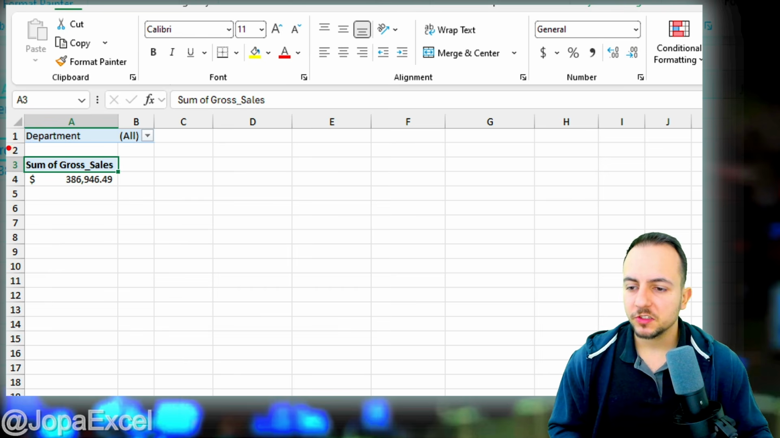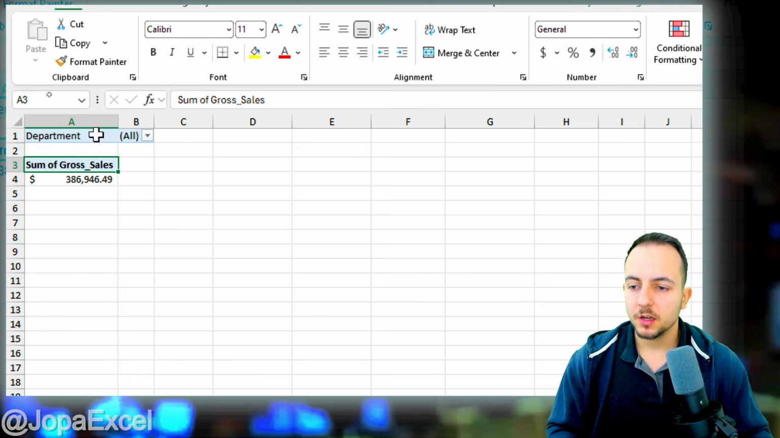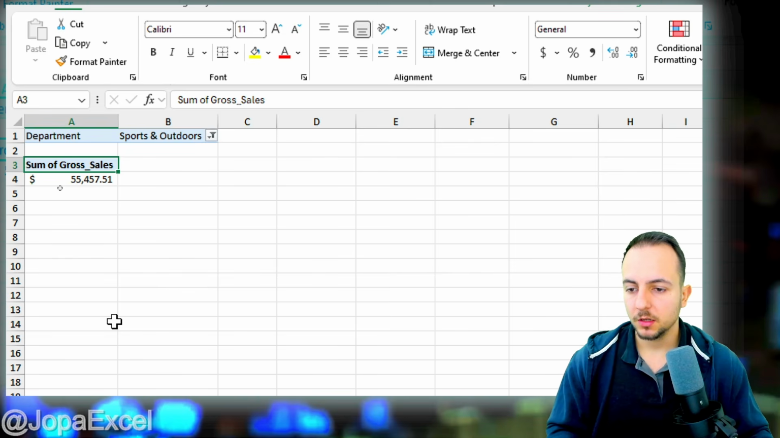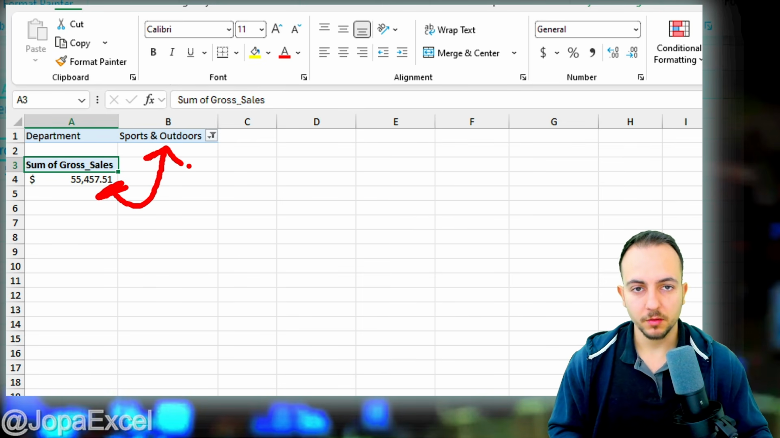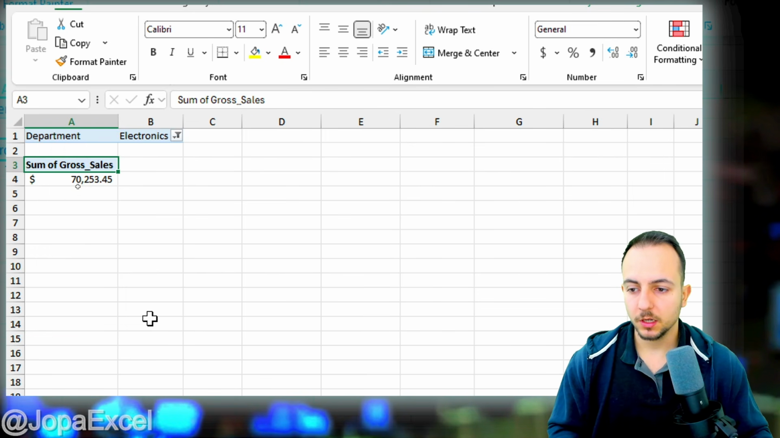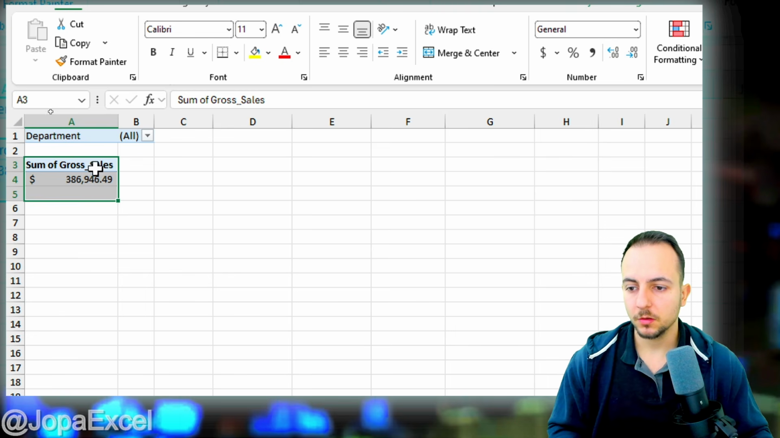Now we have again the sum of gross sales, like we did in the beginning of the analysis. But we have here at the top a filter button. If you click on this filter button, we can choose only one specific category. Let's say sports. Click OK. The gross sales underneath is going to automatically show us the data only for this specific category we filtered. And if I change again to electronics and then go OK, one more time, it's going to be filtered. And if I go again to the filter and then click all and then OK, it's going to show everything,